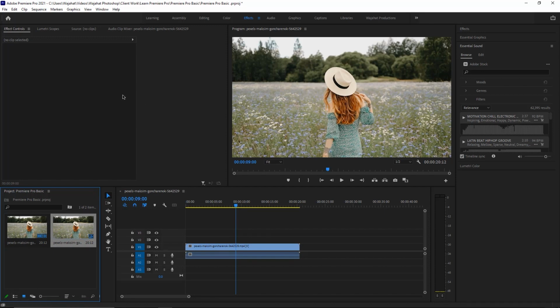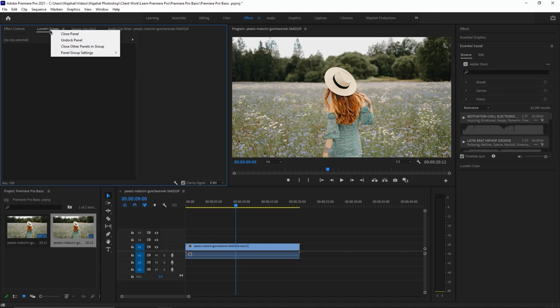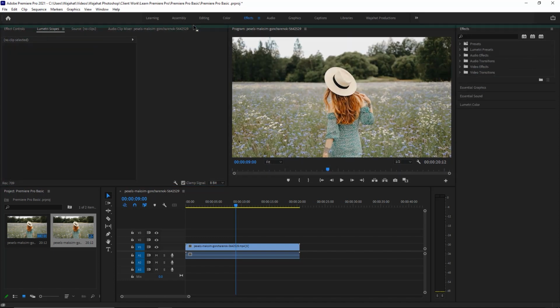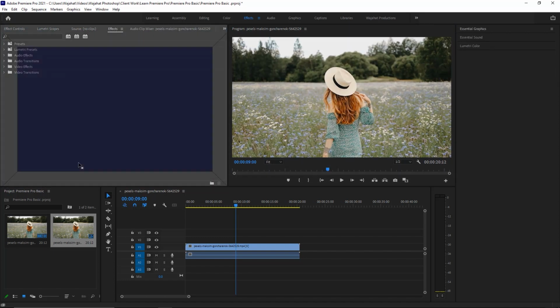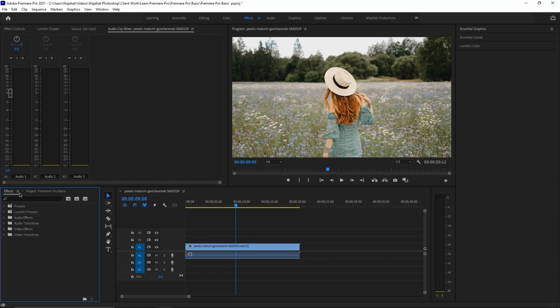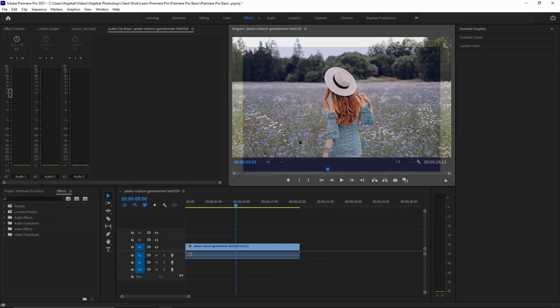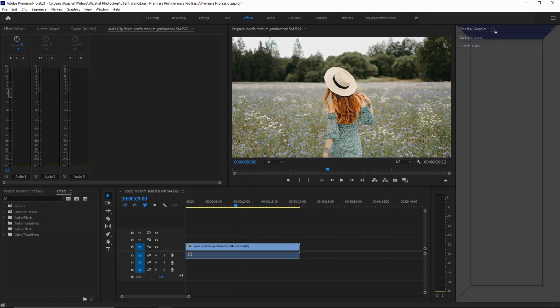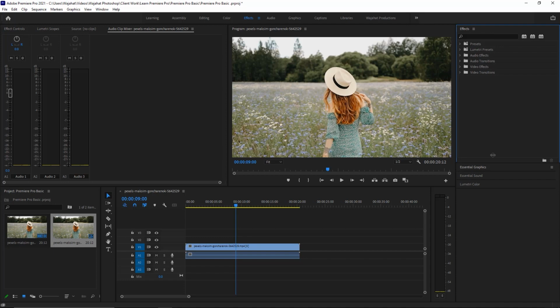Lumetri Scopes, I don't use that too, so I can close it if I want to. You can drag any panel anywhere you want. Like over here you can drag it here, you can drag it over here if that's what you prefer. And normally I prefer to keep it over here on the right side,